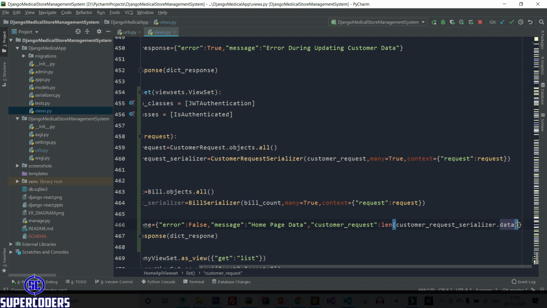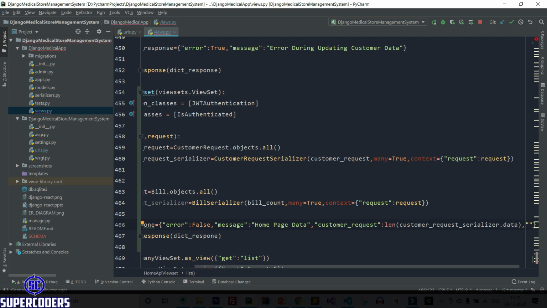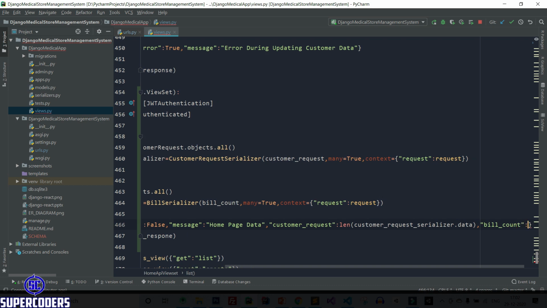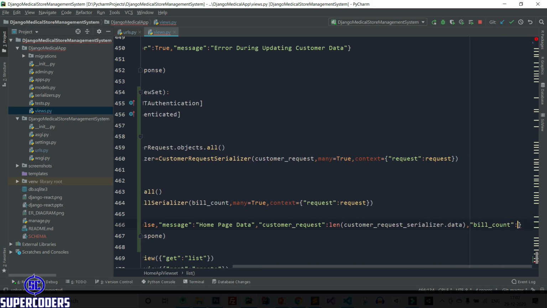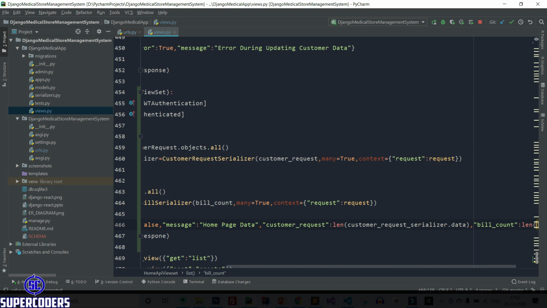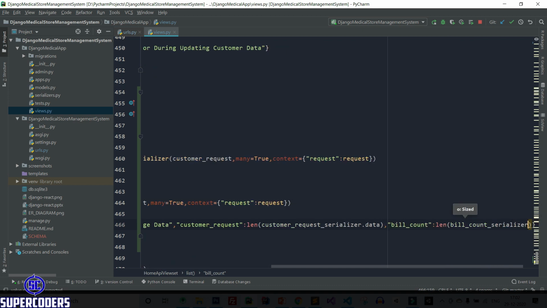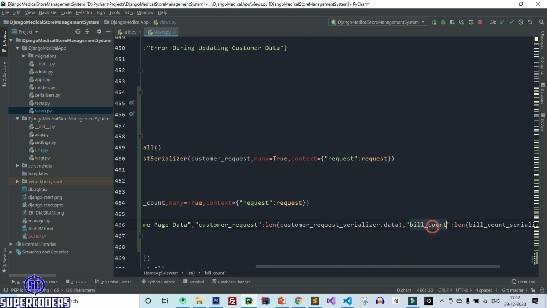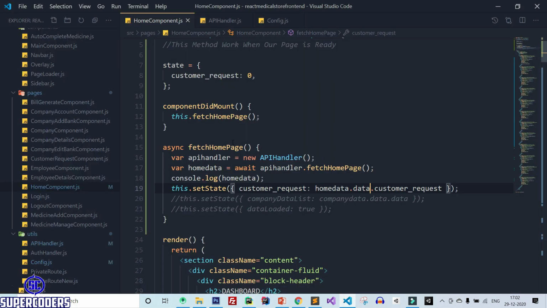After that, change it to bill count and pass here the length of bill count serializer dot data. Now let's copy it and add it in the VS Code state.